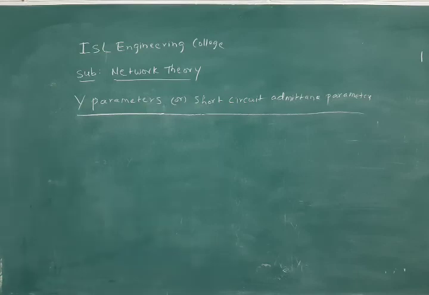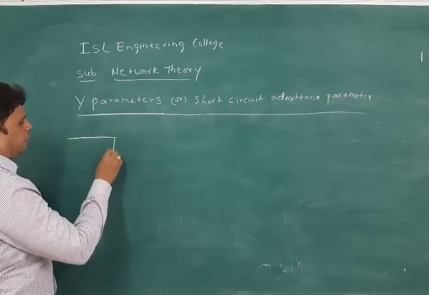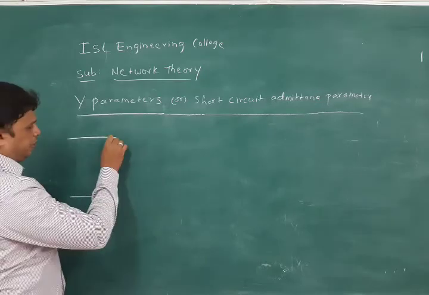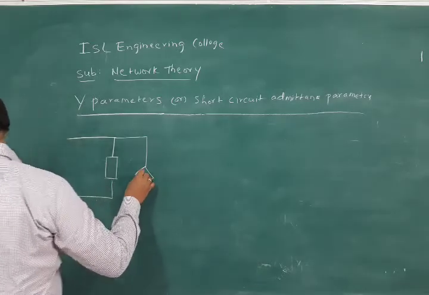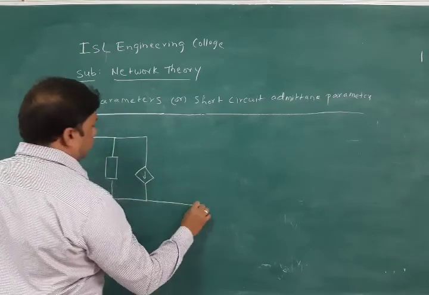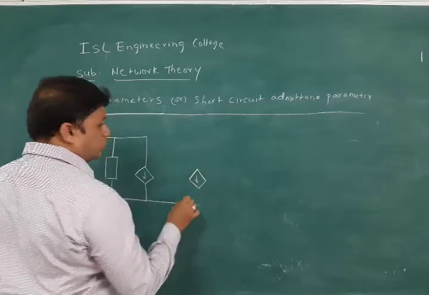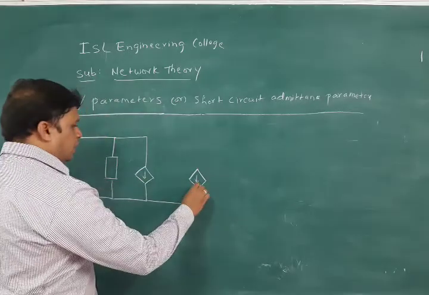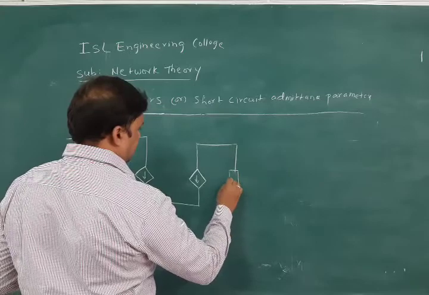So the circuit diagram of this particular Y parameters circuit, you can draw like this. If you are having this admittance here, you will be drawing a particular current source here. This is called a current source, and you will be having one more current source here. Because the inputs of the Y parameters are current, we are drawing the current source here. Okay, the current source, and then you will be having this admittance here.